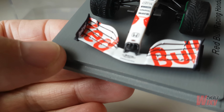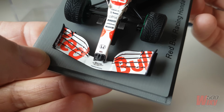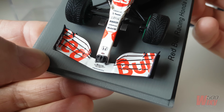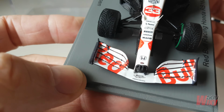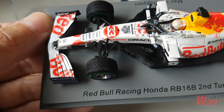Now the front wing is one piece, so those dark lines to simulate the various elements in the top flap are in fact decoration. So they're not individual pieces. But at this scale, the effect is quite okay, in my opinion. If we get some focus happening,